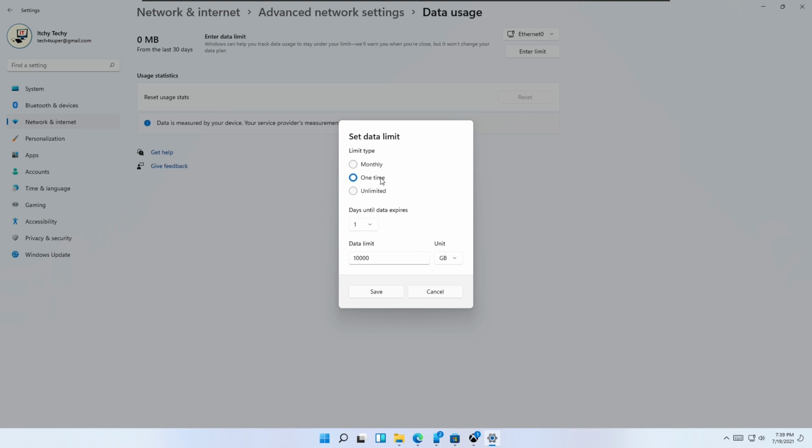With the one-time option, you can set how many days until the given data limit expires, from today. You can allow the expiry date up to 60 days.